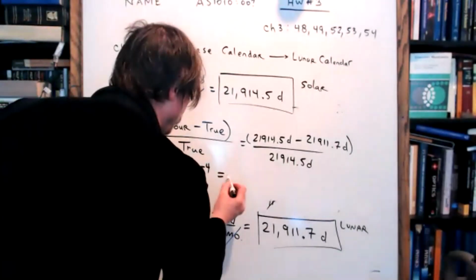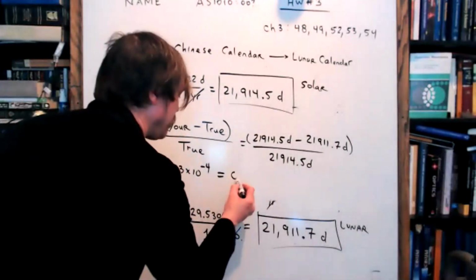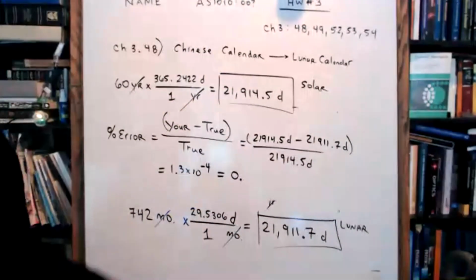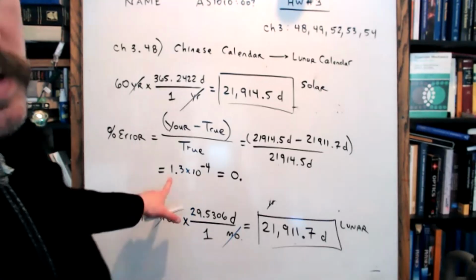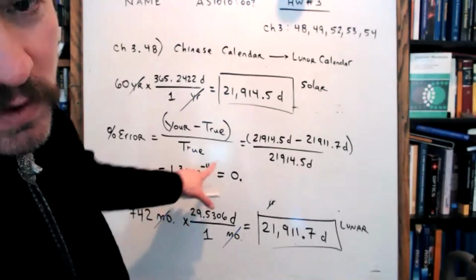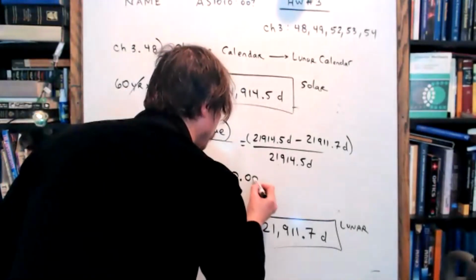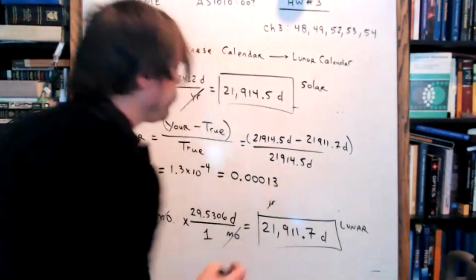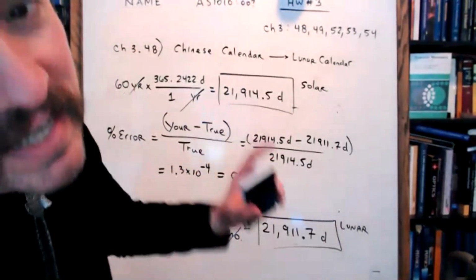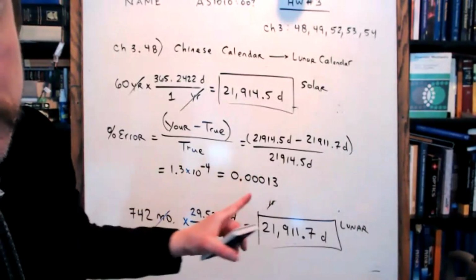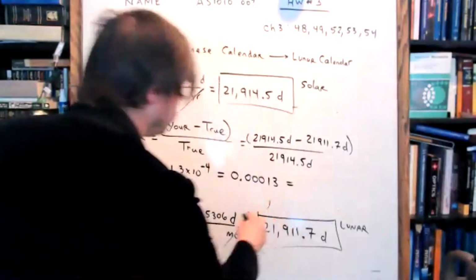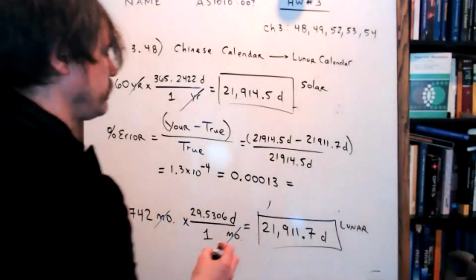Now, prove to me that you know scientific notation. Tell me how to write that out longhand. I'll get you started. 0 point. Now take it away, Ian. Well, it should be 3 zeros and then 1 3. Right, so this is the 4th place. Exactly 3 zeros, 1 3. Okay. It is still not a percent. It is a decimal fraction. How do I turn it into a percent? You have to move the decimal place 2 times to the right. So what is my percent? 0.013%.